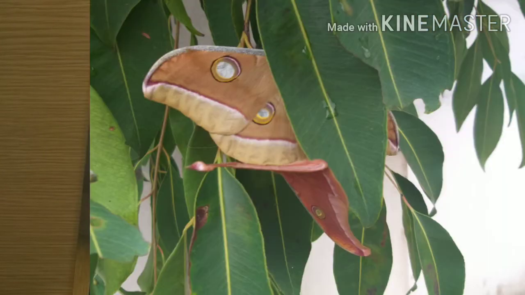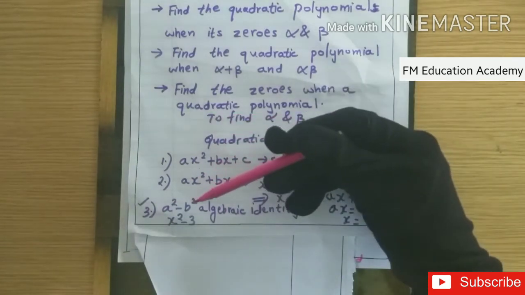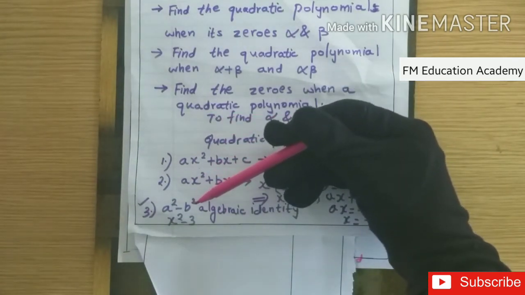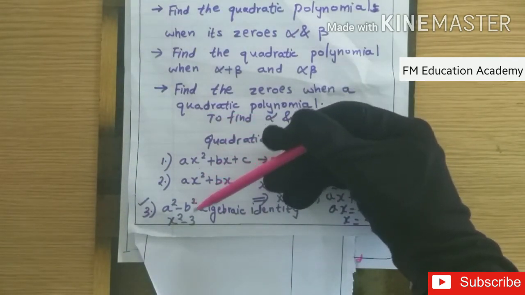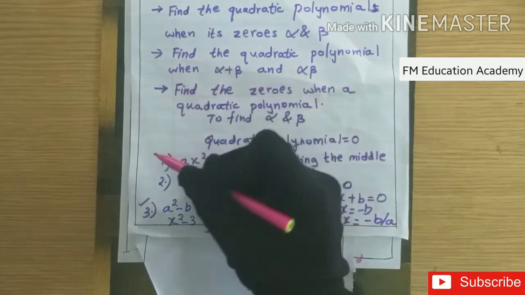Hope you have understood how to find out the zeros when the standard form of quadratic polynomial ax square plus bx plus c is given to us. Now, let us see another question, when the polynomial is given to me in the form of ax square plus b. Already I told this concept of a square minus b square, when the polynomial is in the form of a square minus b square, how to find out the zeros. It is there on YouTube in my playlist of polynomials. Go and check it out.